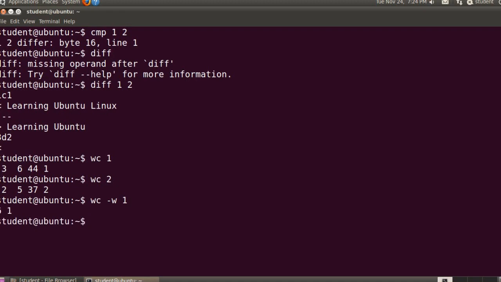Then it displays that there are 6 words in file 1. If you want to check only the number of characters, then wc -c and the name of the file gives 44 characters. So this is the use of this command.